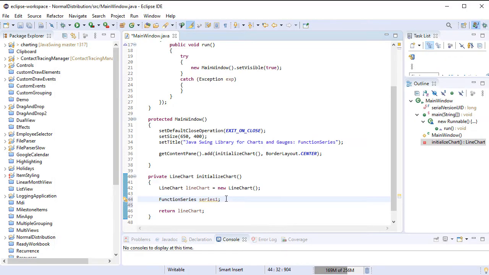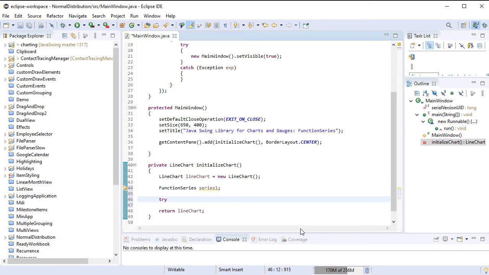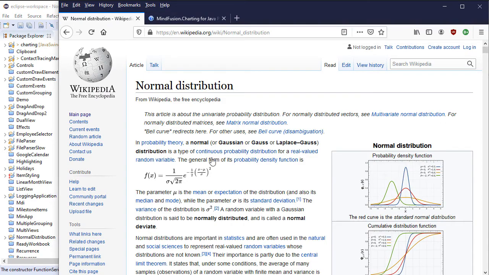For the first series, we use the formula for standard normal distribution. It is important that the series is created in a try-catch block because the formula might not be parsed, and the stack trace of the exception could provide clues about what went wrong.